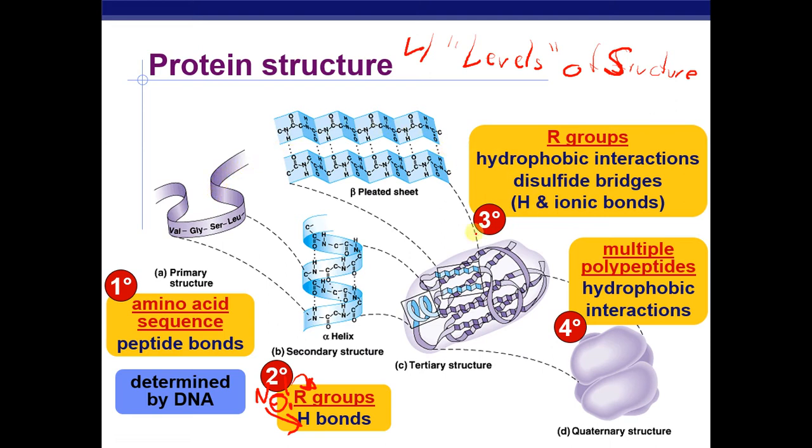The third, or tertiary, structure is where R groups become really important. We talked about how all the R groups have different properties: hydrophobic, hydrophilic, ionic, acidic, basic. Those properties will cause the polypeptide to bend in certain ways. For example,